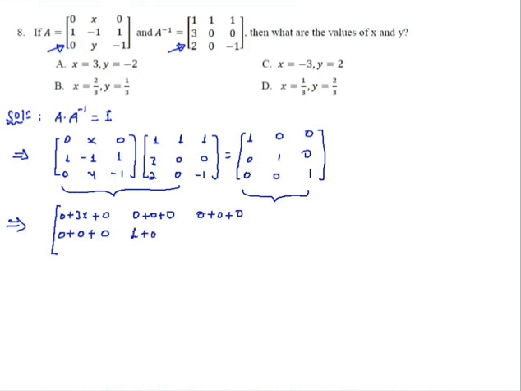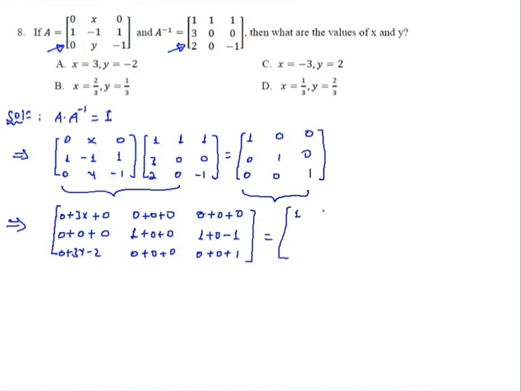1 plus 0 plus 0. The third entry in the second row: 1 minus, it's plus 0 minus 1. And the last row's first entry becomes 0 plus 3y minus 2, and the next element is 0 plus 0 plus 0, and the last one is 0 plus 0 plus 1. This must be the same as an identity